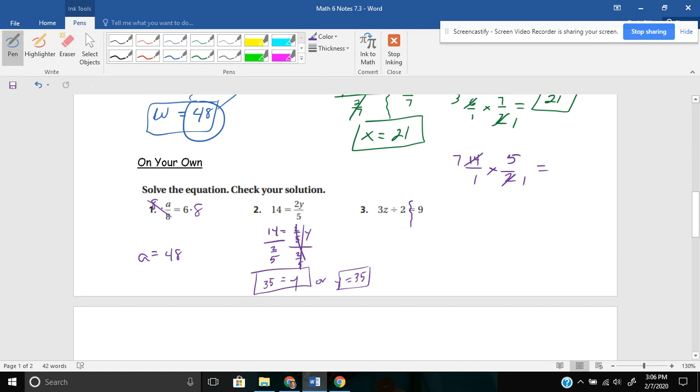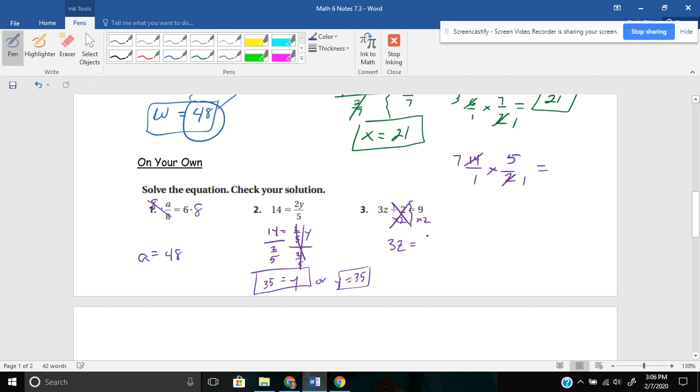It's being divided by 2, and it's also being multiplied by 3, so I need to undo a couple things. First, to isolate z, I'm going to get rid of this dividing by 2. How do I undo dividing by 2? Well, I multiply by 2 on both sides. Dividing by 2 and multiplying by 2 cancel out,